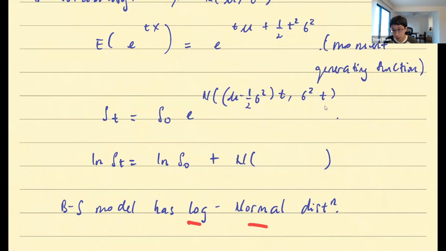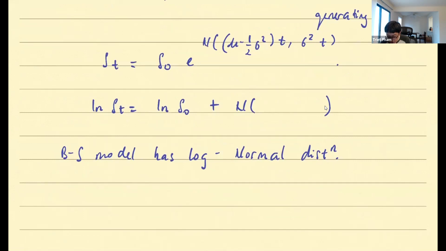Log normal distribution is used out there, not just within the math finance context. Just so you know the name, log normal sounds a little funny, like the log of a normal. That's not the case. It means the log itself is normal. Taking the log of a normal actually doesn't work, because it can be negative and you cannot take the log of a negative number. The log is normal, and that explains the name: log normal distribution.